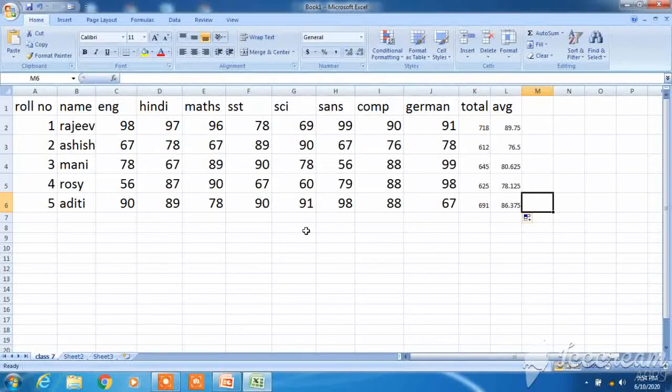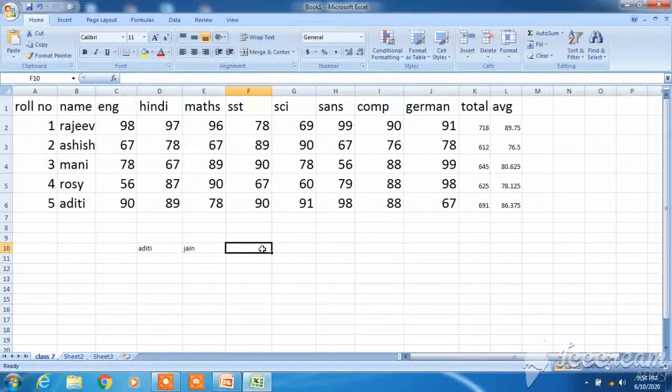Now one thing that I want to show you is the concatenation operator. It works on text data. How does it work? Suppose there is a name, say Aditi, written in cell D10, and here you are writing, suppose, Jain. Now I show you how the concatenation operator works.